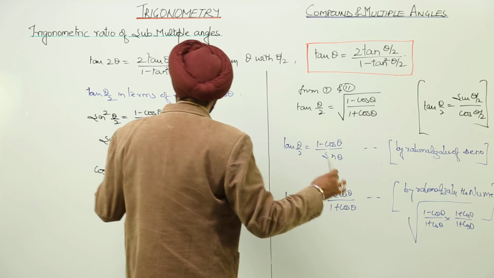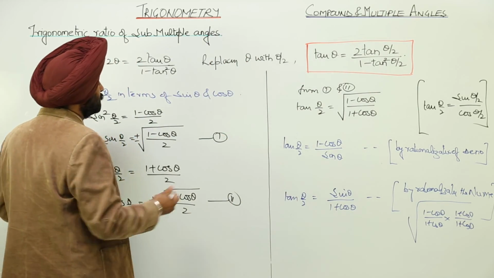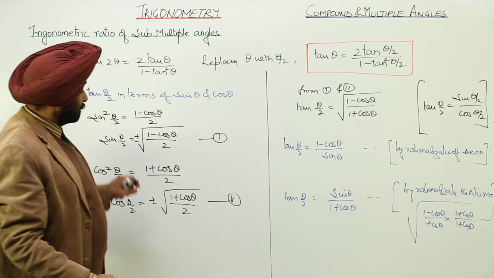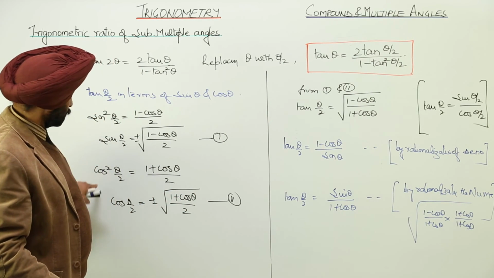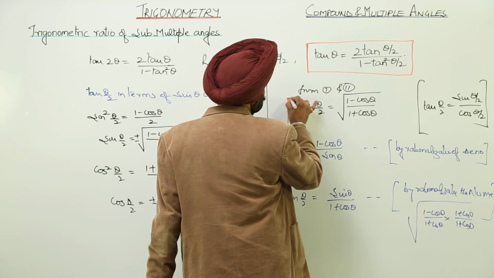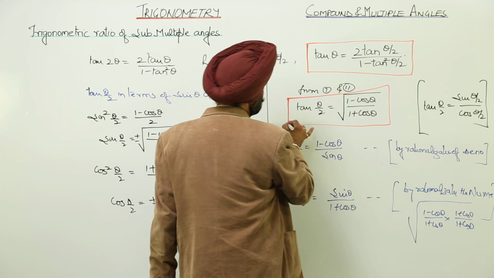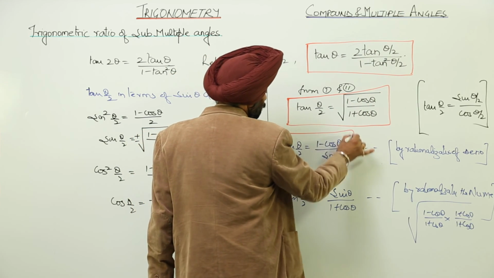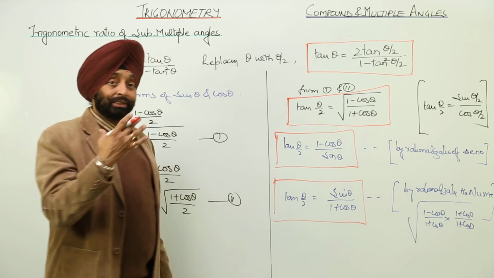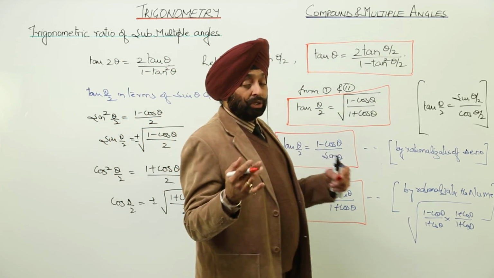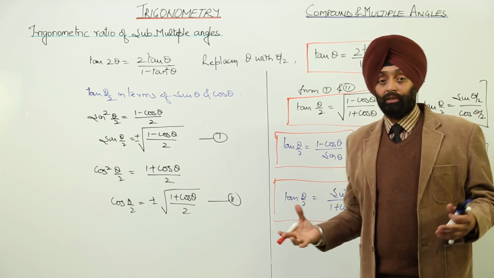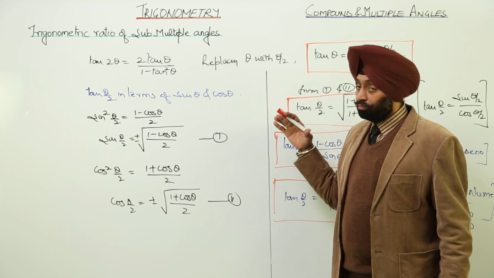Okay. So what we have done is, number 1, we have gone through tan theta equal to the double angle form. Then using sin square theta by 2 and cos square theta by 2, we are getting tan theta by 2 as this term, this term, and this term. So these are the formulas which, on the demand of the question, we can derive.